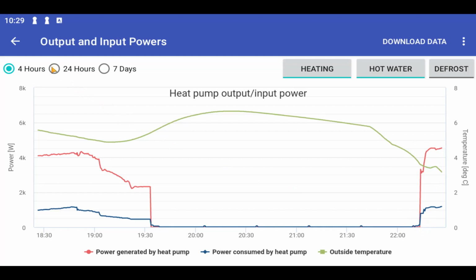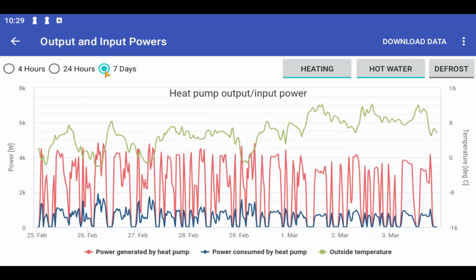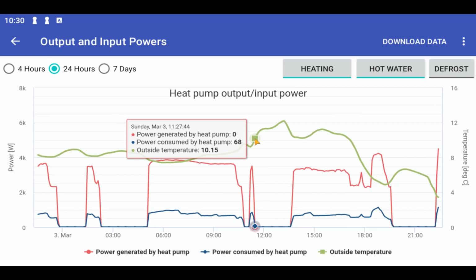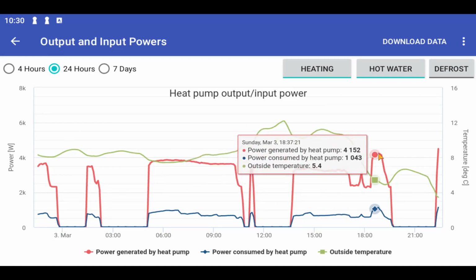We can look at the daily characteristic, how the temperature progressed, or even for 7 days, but that graph is confusing, as there is a lot of data. However, the important thing is that the graph has a zoom function, which unfortunately doesn't work on the emulator we're looking at, but you can click on the graph at any time, and it will display the specific parameters at that time if you're interested in something at a specific time.